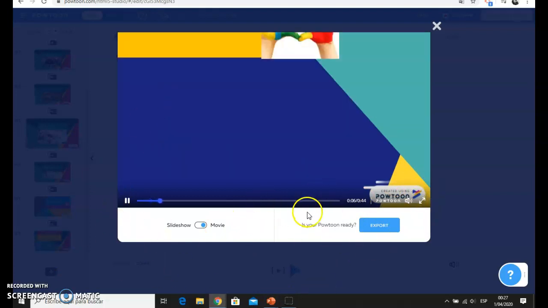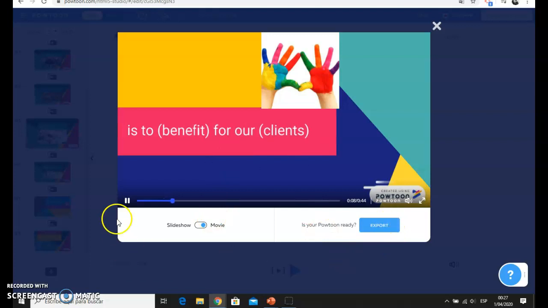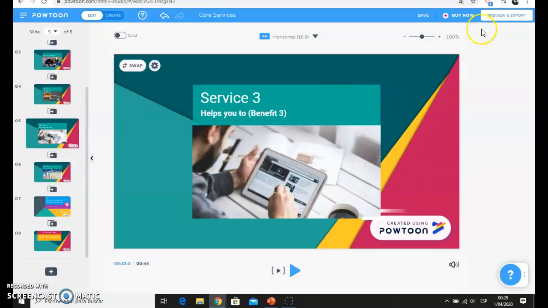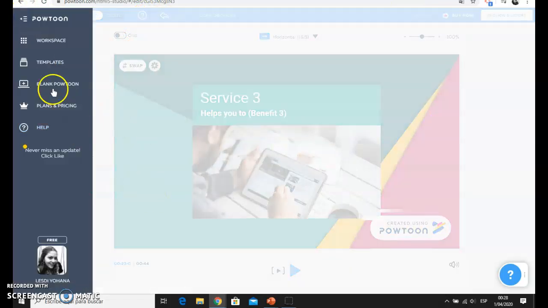So if it's ready, you can export it, or if you want to continue looking, or you want to continue editing, you go back and you edit what you want, and then you save it here. So that's easy. And when you save it, you will find it in the Powtoons that you already did. So let's check if it's there. You have to make sure that the word says saved, in order to go back. So now you can go back to your workspace